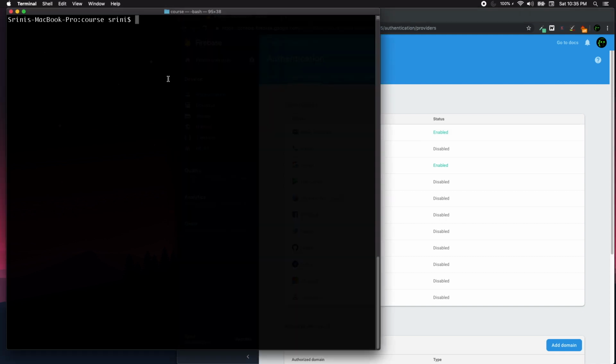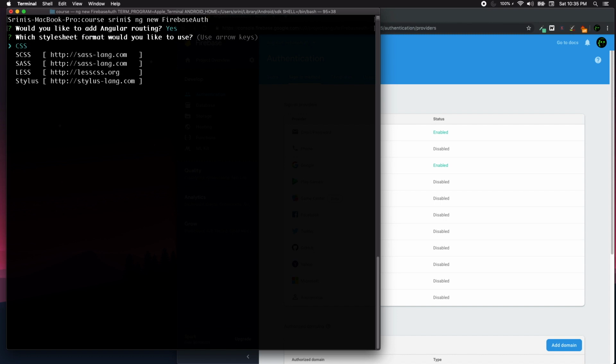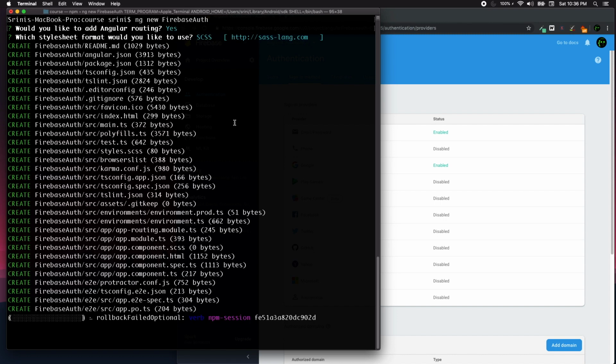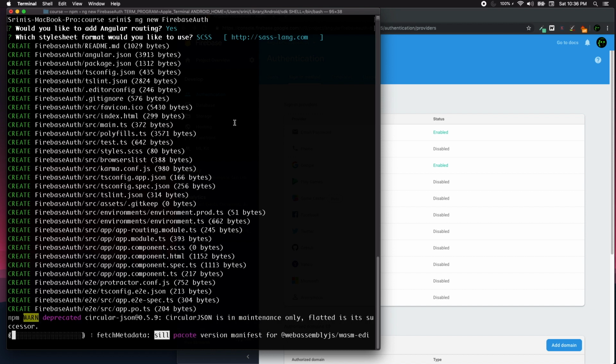And then let's go ahead and set up our application now. So to do that, we'll go to ng new firebase-auth. That'll be our application name. And yes, we need to add Angular routing and it should be SCSS, even though we're not going to work more on the styling part. It'll be purely the login and authentication, or registering a user part. We're not going to focus on validating the user, or get more in-depth into styling